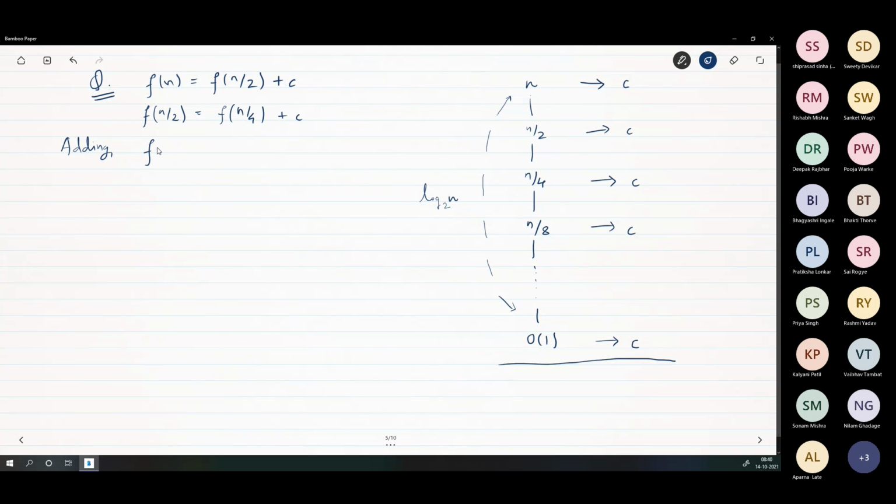So we will have f of n is equal to f of n by 4 plus 2c. So what have we done here? We got down to one equation. We got down one level. So the final answer is actually what is remaining at the end of this level plus the number of c's that you have, which is 2. Okay. Now let's go back, and instead of stopping here, let's go one more level down.